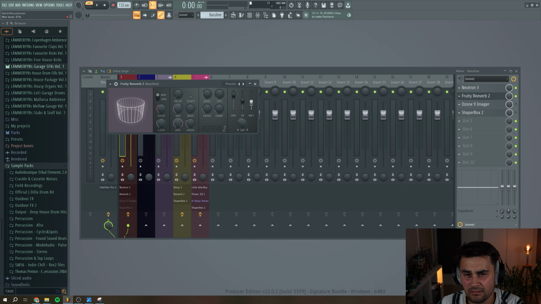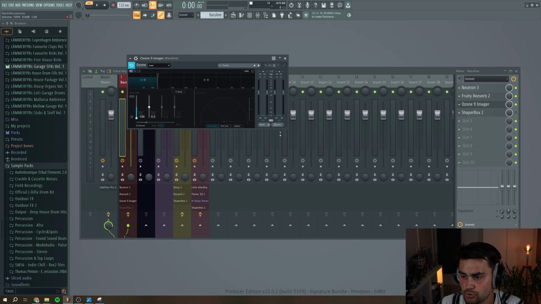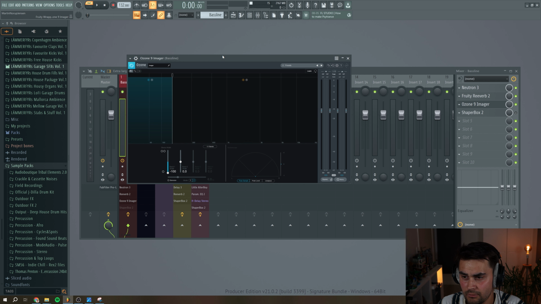And then I'm adding like 47% wet, and then I'm adding a little bit of stereo separation, and then it has a decay time of 1.3, so I don't want to have a too long reverb tail to the bass. And then I'm using the Ozone 9 imager,